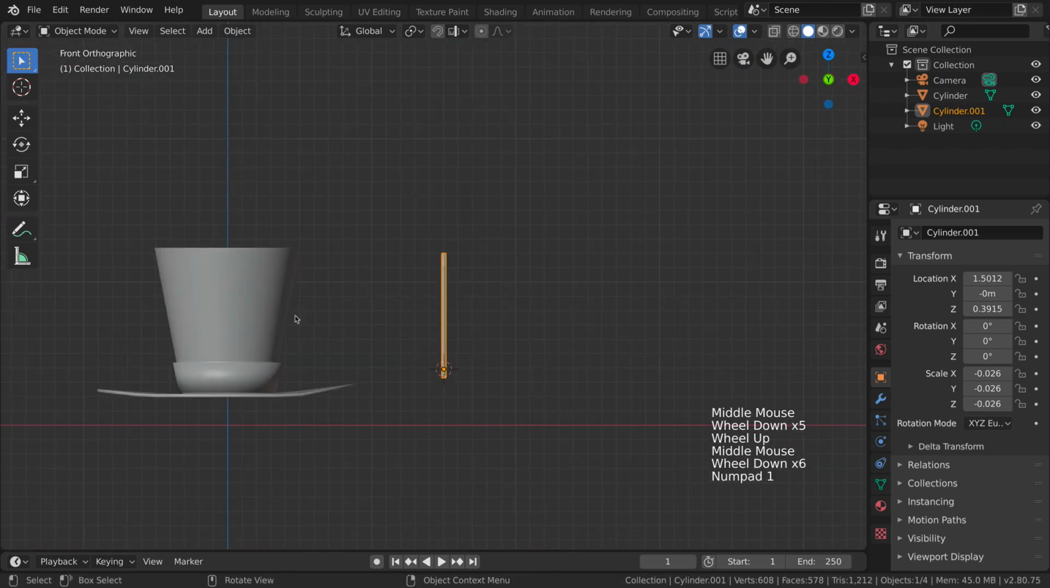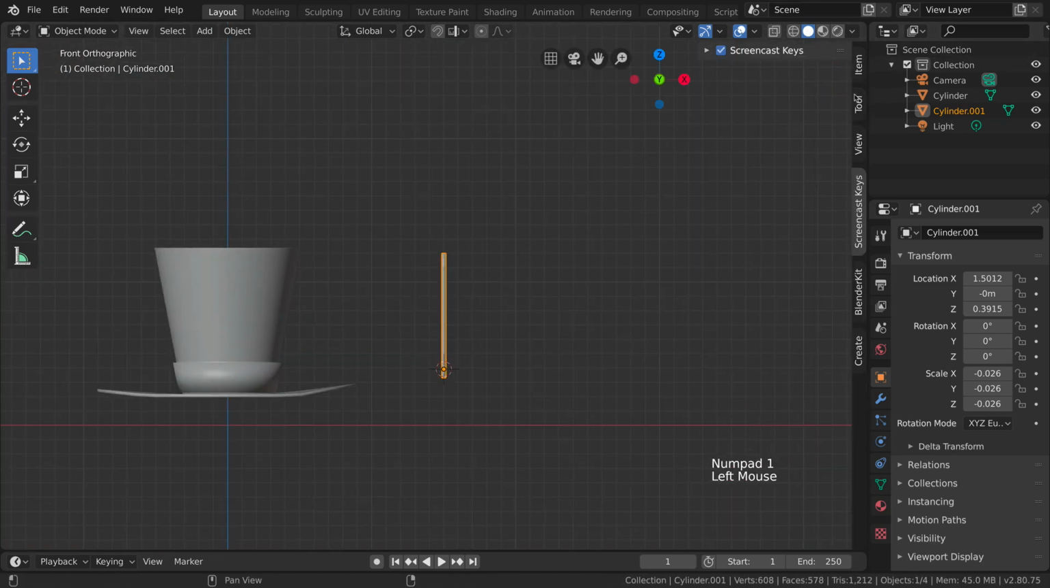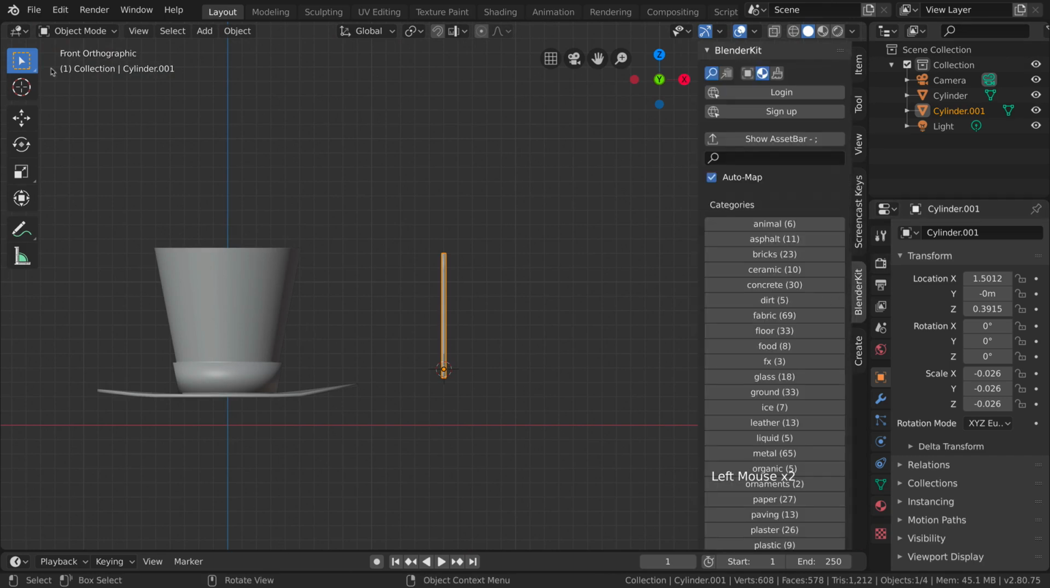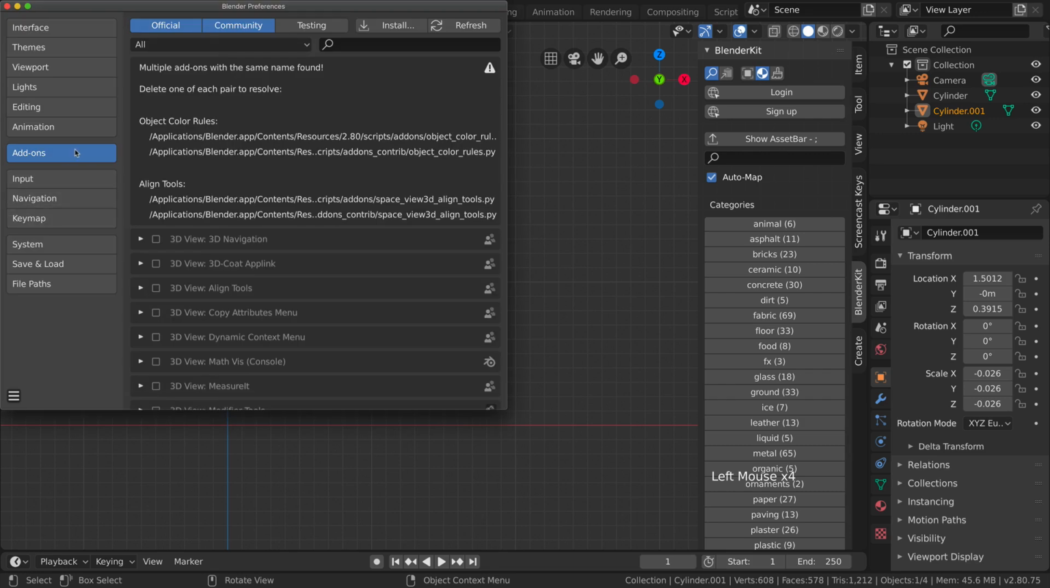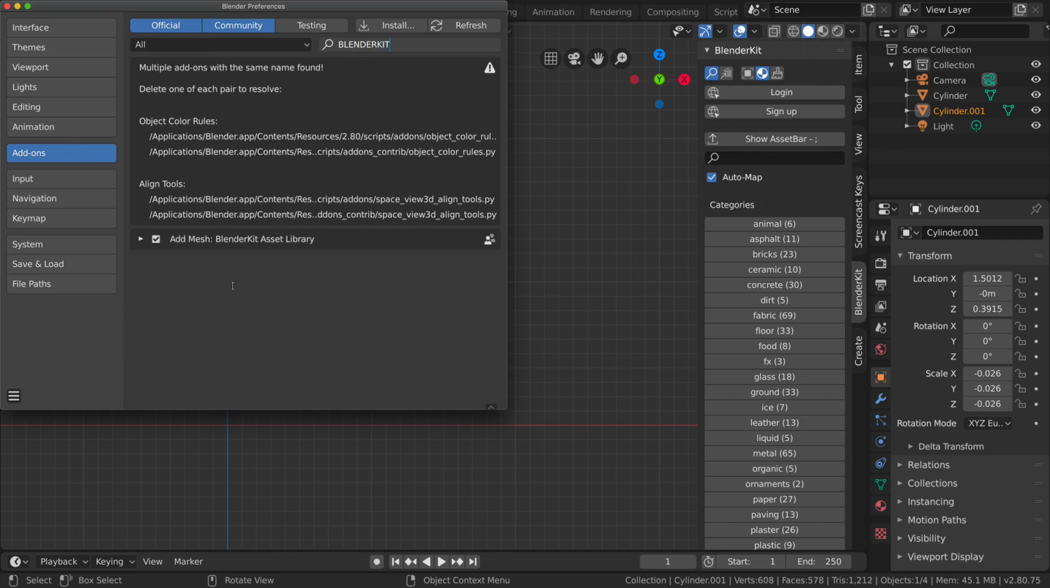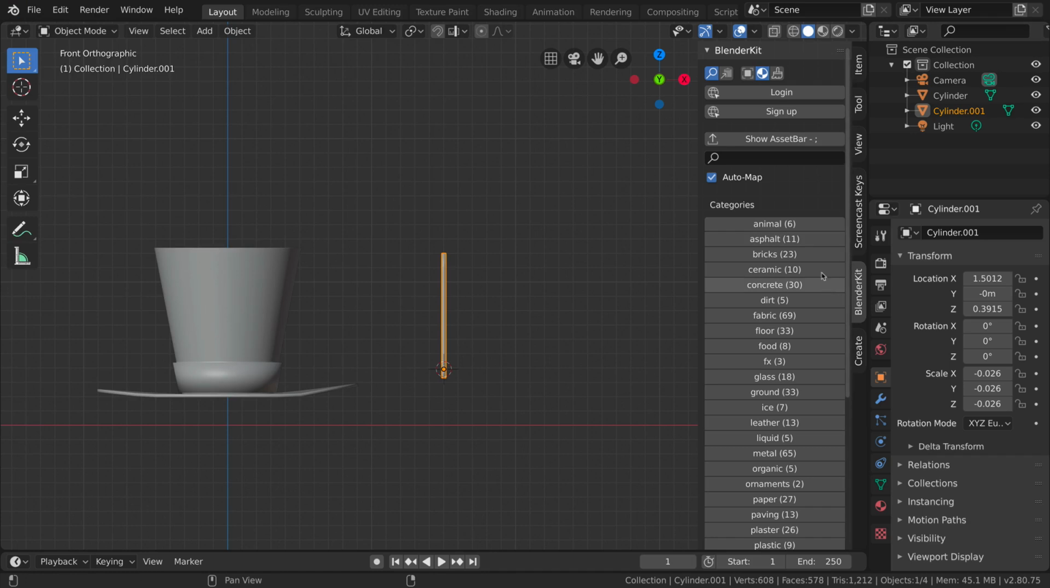So go to number pad 1 and then we are going to open BlenderKit. BlenderKit you can find here in Edit, go to Preferences, and here on Add-ons we are going to type down BlenderKit and BlenderKit asset library. Here we are going to select it, and voila, here on the right side we have our assets,